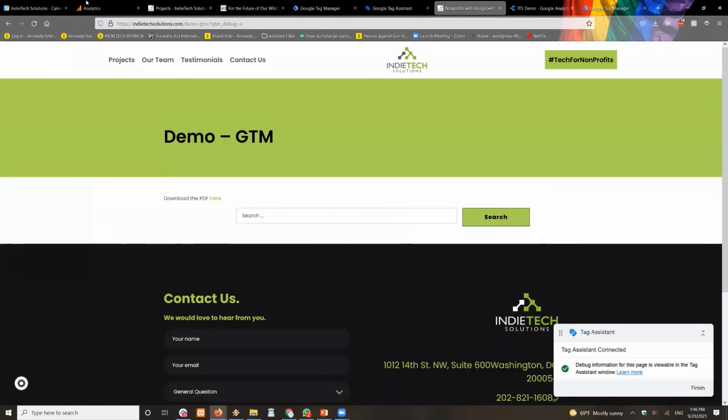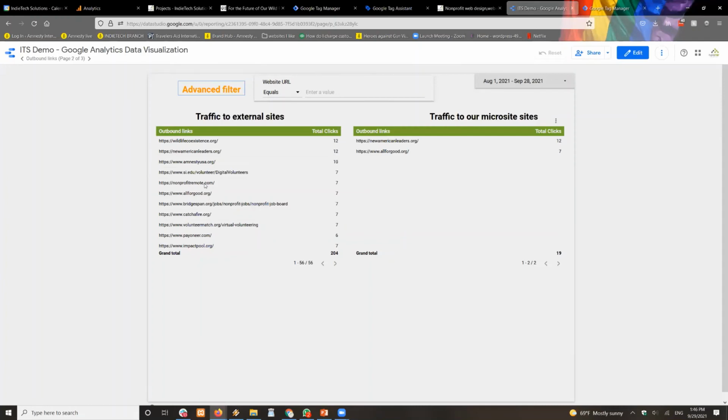But the tag basically, if I come back to here, once again, it will list all of the external links, and also if you have any microsites that are connected to your website, you can do them here. Even though it's a little complicated, it's some of the basic usage of Google Tag Manager to push code.